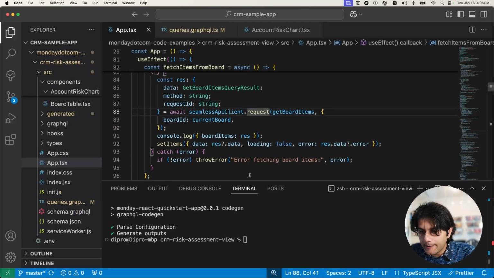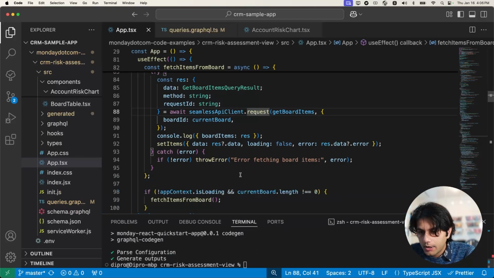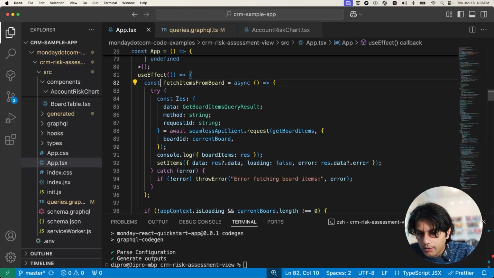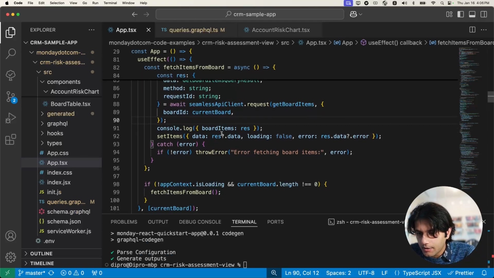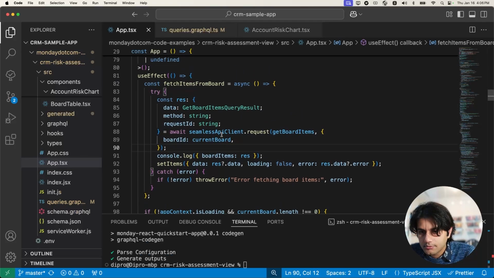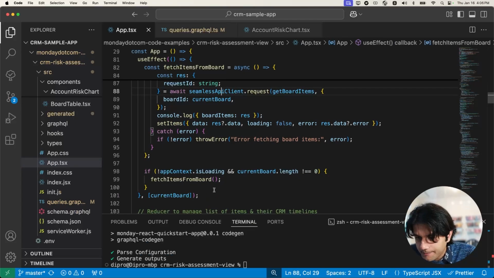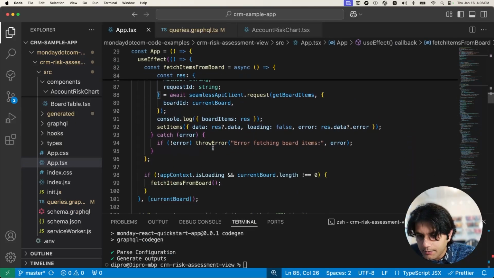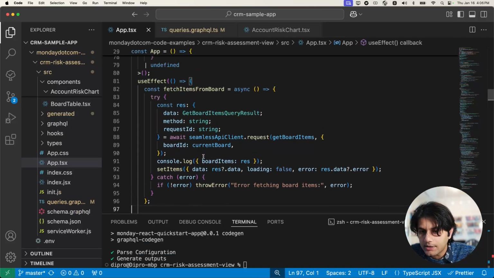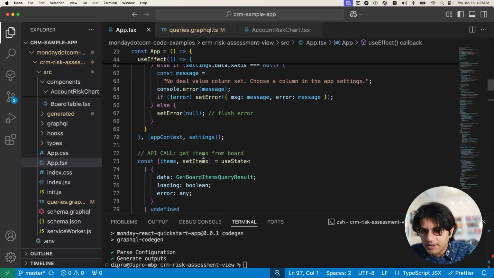Once I've done that, I can now look at the get board items query result type, and I'll actually see the group in that. The best way to do that is to just see it on the items object. So this effect is fetching items from the board and then setting it to the item state. So if I go to the item state,